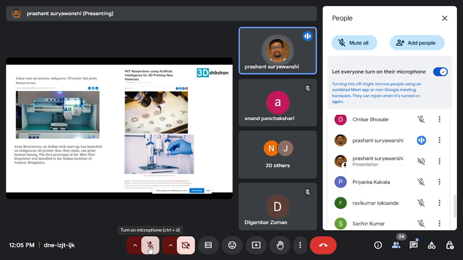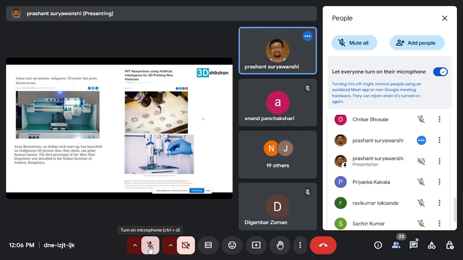So we have a COEP tie-up with our Make3D lab. In the industry visit program, we do send students to see how this works, and they will show that they are also able to print small human tissues. So these bio-inks and all they use for that, right? So bioprinting is definitely going to be a very opportunistic area in the health sector. Then you can see MIT researchers, artificial intelligence. Everybody is talking about AI, generative AI. So how is 3D printing related to AI? Can anybody give an idea on this particular thing?